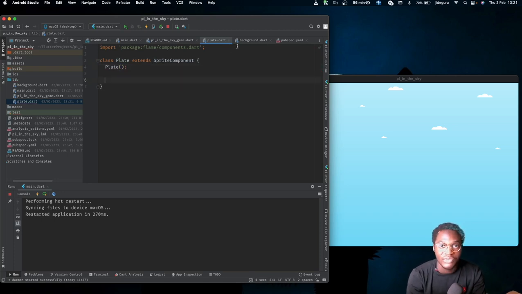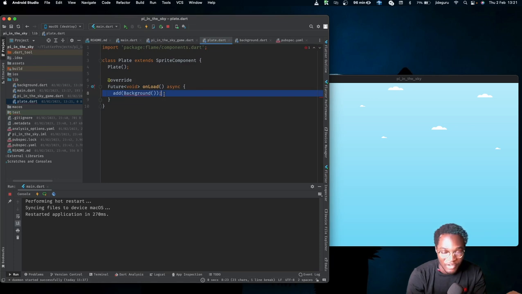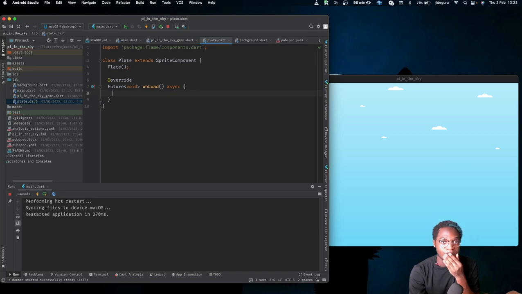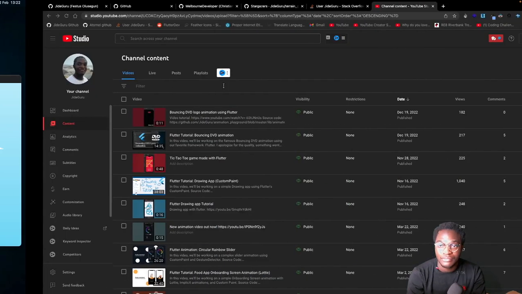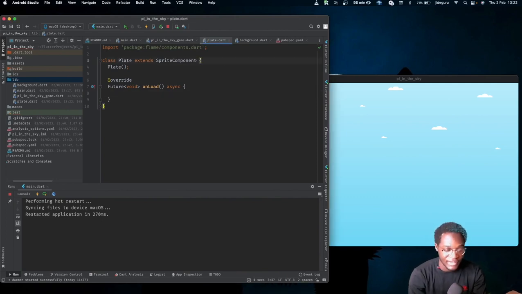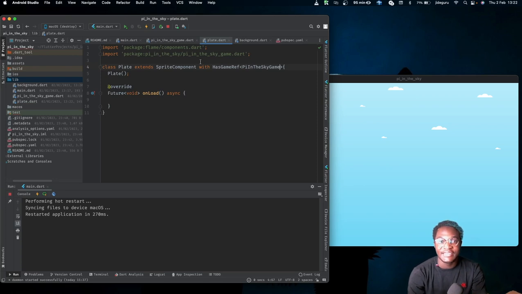Also, we need the same onload. I'm not really sure why Android Studio is not suggesting the onload function for me, so I'll have to keep doing some sort of copy and paste from the classes. So yeah, we need a with game ref Pi in the Sky game, and then actually we should probably